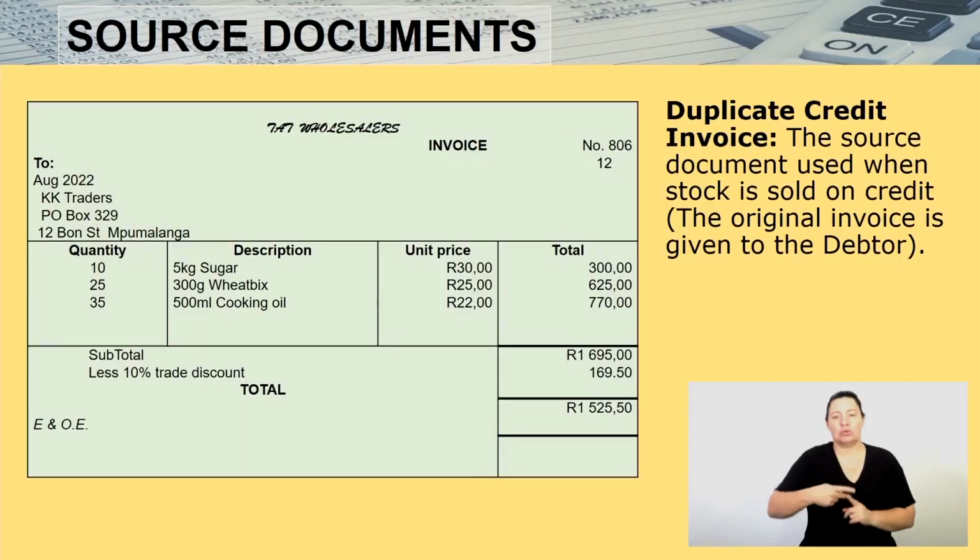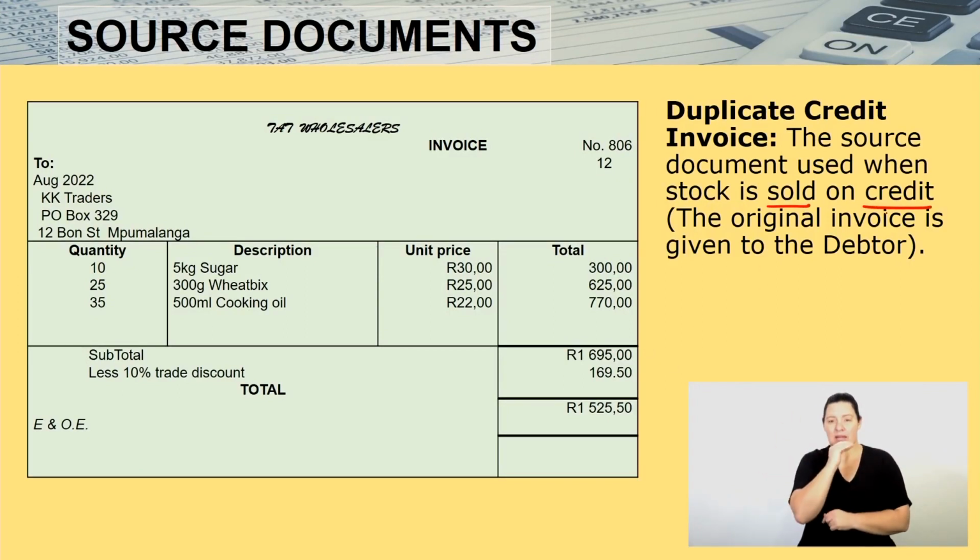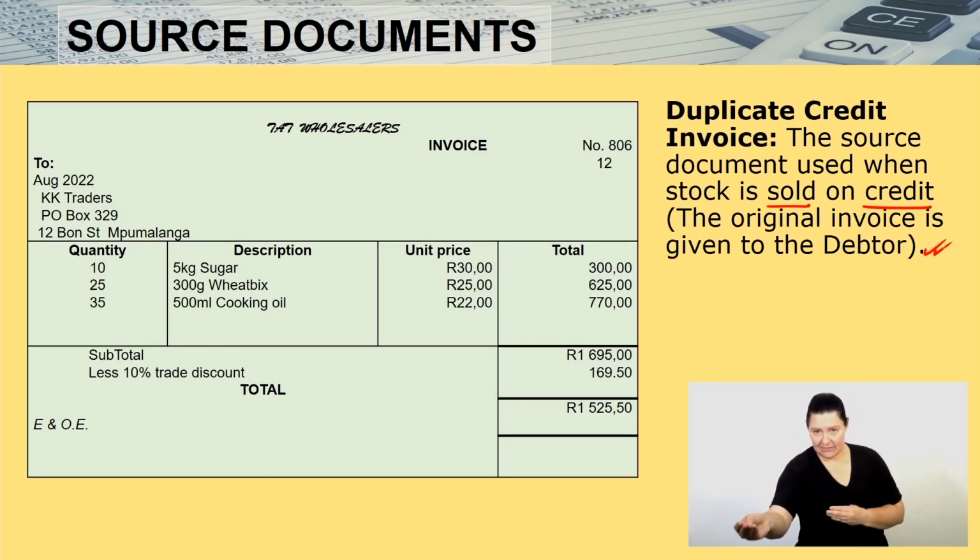Now, I'm going to introduce you to a source document. A source document, and this is what we call the duplicate credit invoice. It is the source document used when stock is sold on credit. So when stock is sold on credit, it is called the duplicate credit invoice. Why? Because the original invoice is given to the debtor, and then the seller keeps the